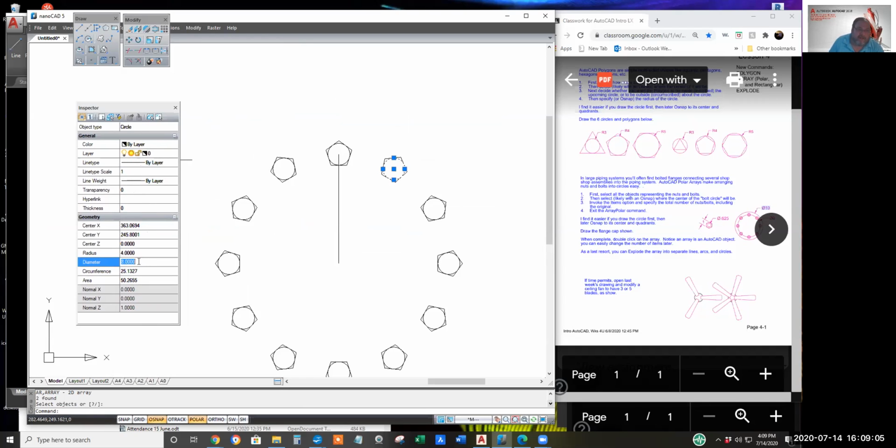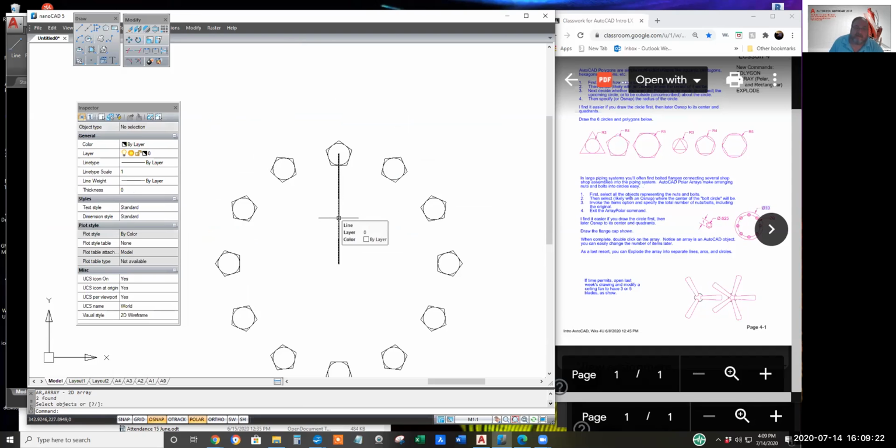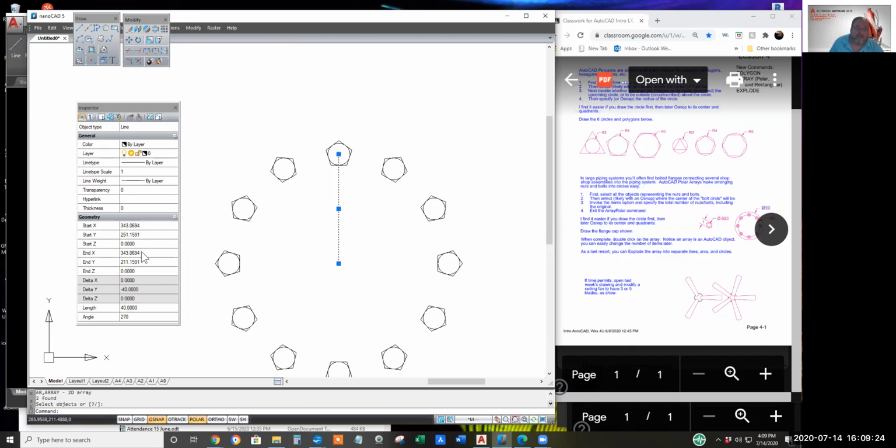I got an 8 unit diameter circle, so if you chose a different diameter for your polygon to be circumscribed about, or a different length of the line, I'll hit escape to deselect everything. The line I got is 40 units long, straight down.